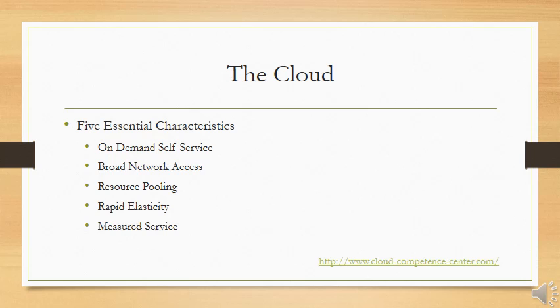Broad network access merely refers to the plethora of media you can access cloud data on. It can be your phone, laptop, desktop, tablet, you name it. Resource pooling is combining hardware to virtually distribute resources amongst consumers. The rapid elasticity, that refers to the potential to expand or contract your service requirements as needed, and it's a measured service. So it records how much data you're using, depending what your plan is, and you have complete visibility of where your charges come from.